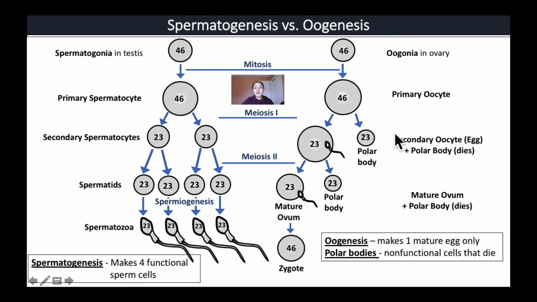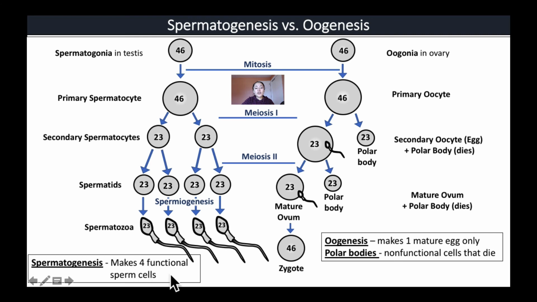Now the difference here though is in females, we only get one secondary oocyte and the other cell is called a polar body, which degenerates and dies. The secondaries undergo meiosis 2. In males, this forms 4 spermatids. Each spermatid then undergoes spermiogenesis to grow a tail. And this results in